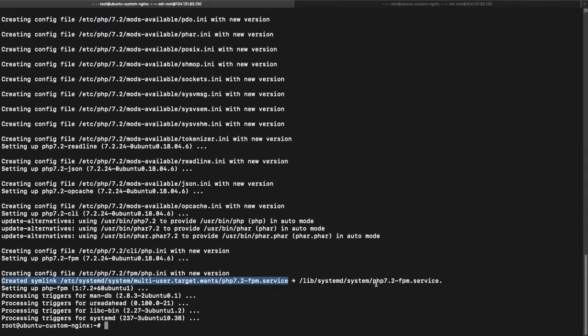And this is the PHP-FPM service which has been created, php7.2-fpm. So whenever we install PHP-FPM, PHP will create the service with the version. Why is this helpful? Because if you want to run multiple PHP versions, you can do that. So over here, unlike Nginx, we don't need to add PHP as a systemd service. PHP is already added as a systemd service inside my system services.